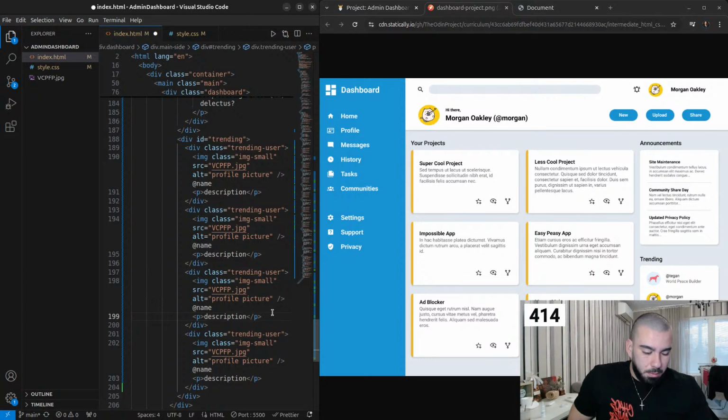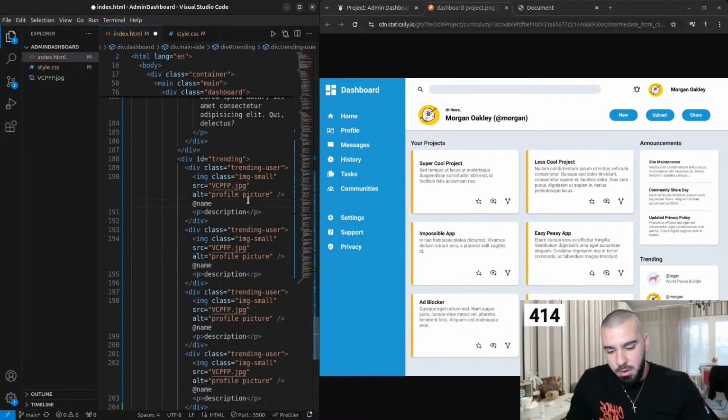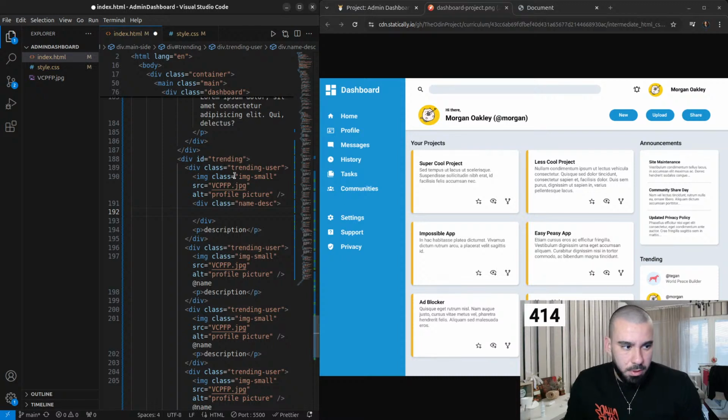So we have those 4 images. But this is one part of it, and the next one is like user name and description. So we have the image in one cell, and we have a different div for the name and description. So we have dot name desk, and here we have